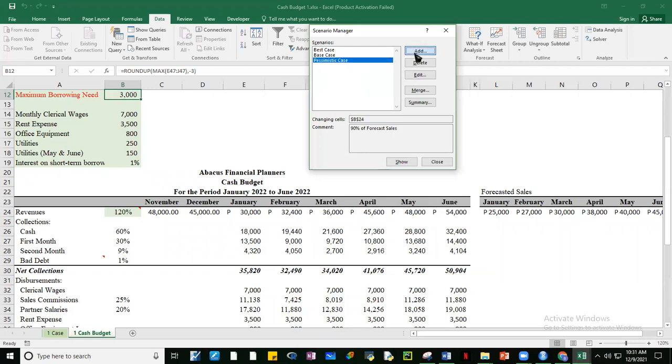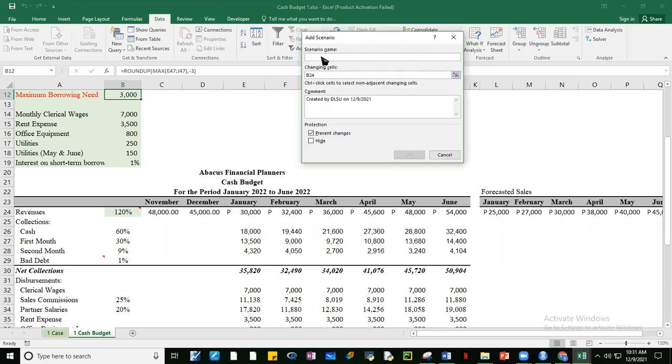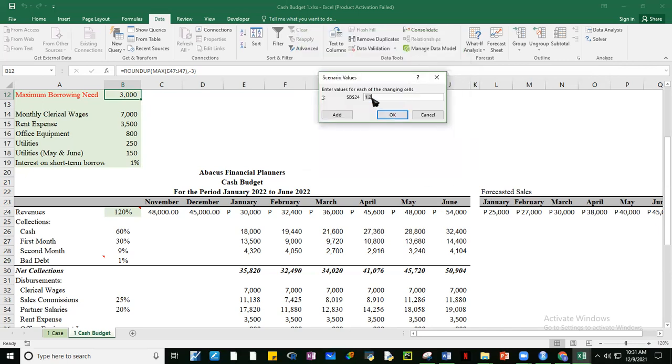And then last add, we have the worst case scenario. Worst case scenario. So this is only 80% of forecast sales. Okay. This is 0.8 or 80%.